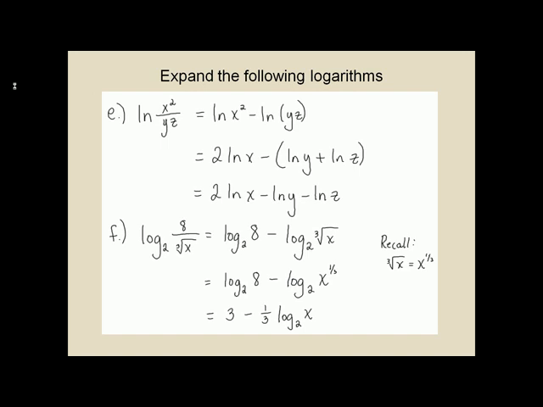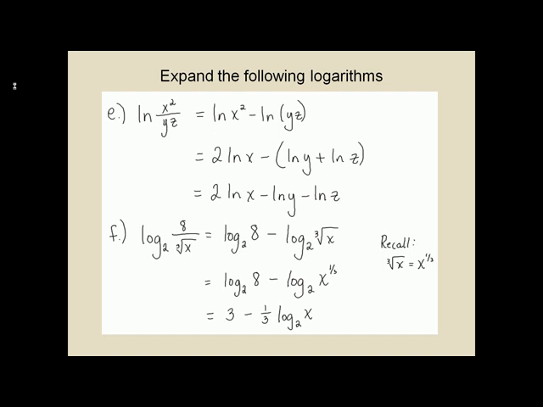Part E, we have the ln of x squared divided by yz. Again, we have the ln of division. This is going to be property number 2. That's the ln of the top, which is x squared, minus the ln of the bottom, which is yz. Next, we can incorporate the power property, and I can bring that power of 2 on x out in front of the ln. So that's 2 ln of x minus the second ln that we have,